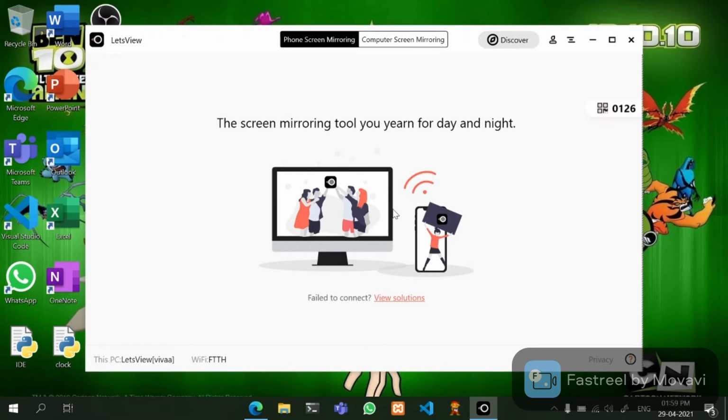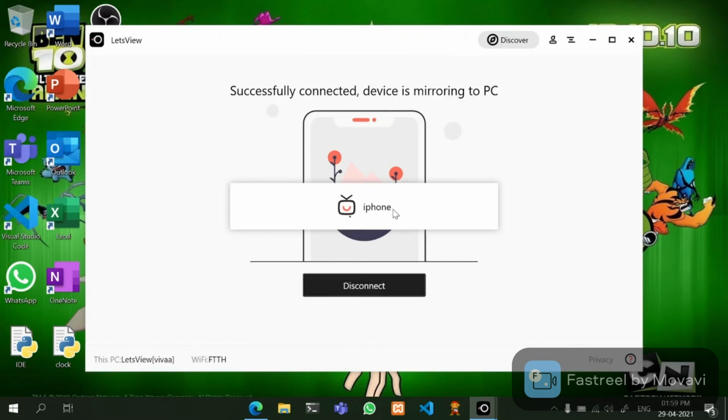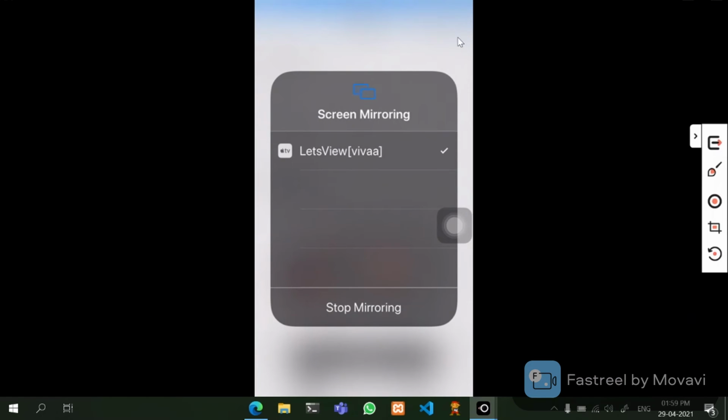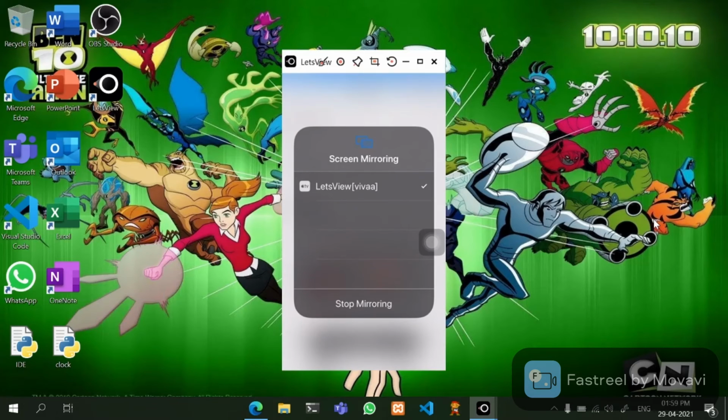So as I am starting the screen mirroring, my phone is going to appear on my PC, and see, it is appearing on my PC. I can toggle the full screen mode to have the focus on the Let's View application, and I can press escape.